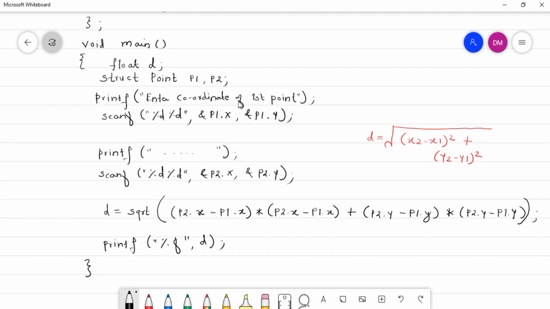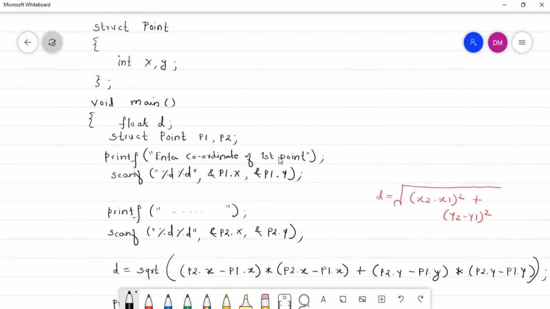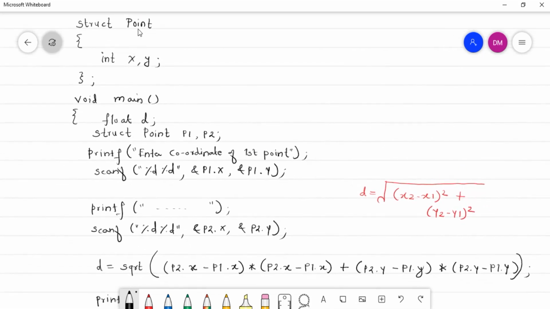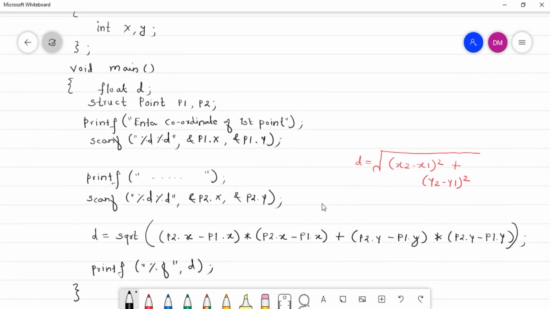See, the advantage of using structure is that the structure variable can be anything, but the internal element that you declared inside the structure will be common for all the structure variables, as you can see here. So y is the same for p2 and the same for p1 also. It remains the same as it is, but the differentiating factor is what? This is p2's y, this is p1's y. So in this way it is very easy to understand the code and write also. So what we will do now, we will try this program in Code::Blocks and we'll see its execution.